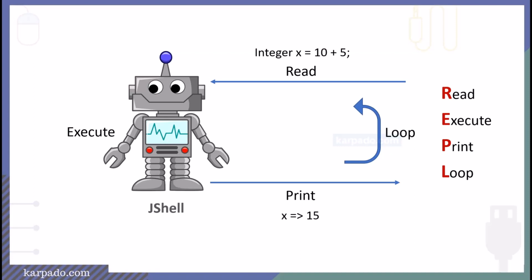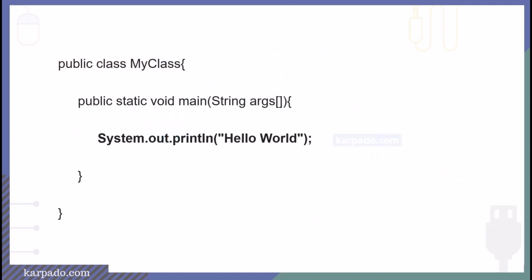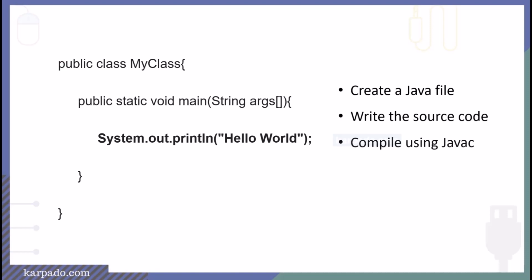So for that, what you have to do is you need to create a class and then introduce a method with the signature public static void main, String args, and only then will you actually introduce a statement that will print the message that you wanted to print. And it's not enough that you write the source code. You actually need to create a Java file, copy that source code inside the Java file, and compile the Java file so that you get the bytecode, and then you run that class file,